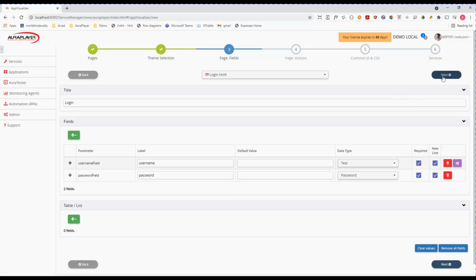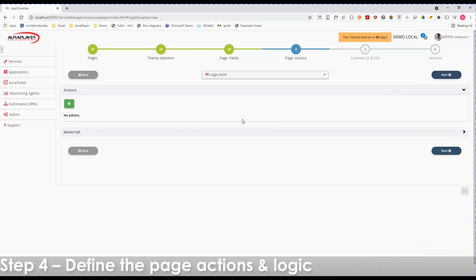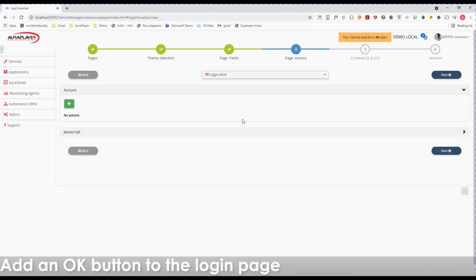And now I will press the next button and get to the action step. So until now what we did is just defined which fields will be presented on the page. We selected the fields from the login service, but we didn't really attach it to the login service. All we did was just select the fields that we want to be displayed on the page. So now we want to add some logic to the page, and for the login page, we want to add a button that will actually invoke the login